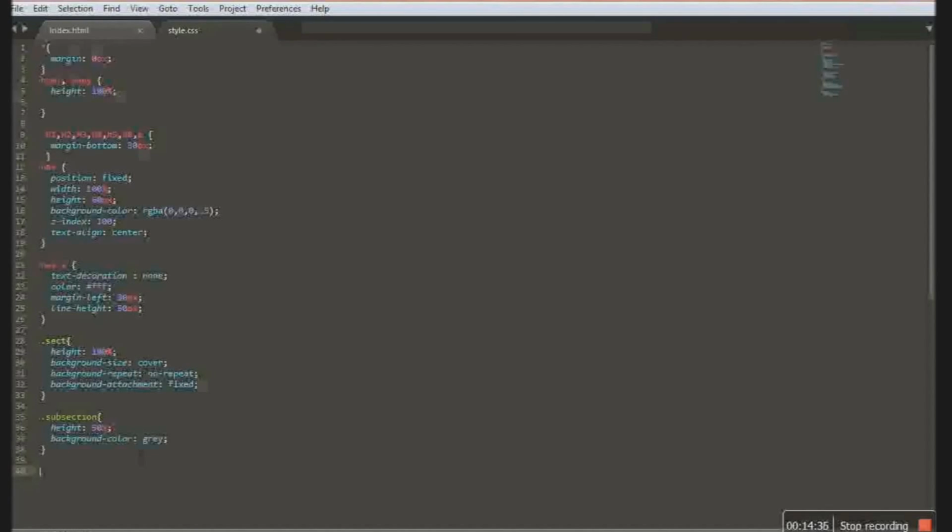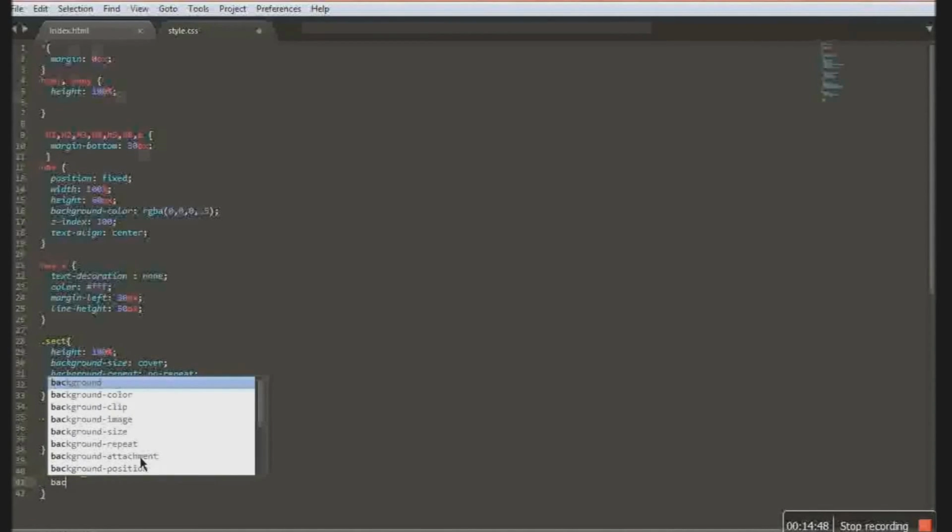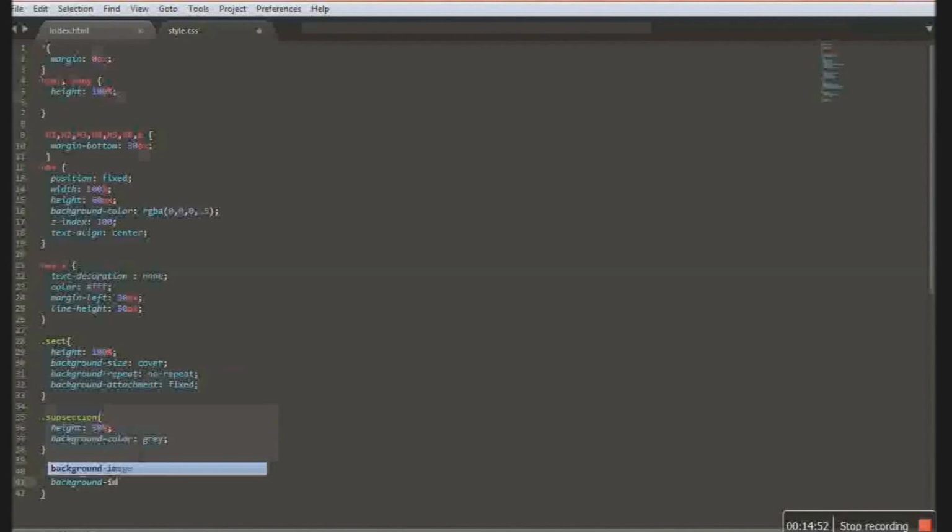So sect 1, background image, url. Don't forget that.